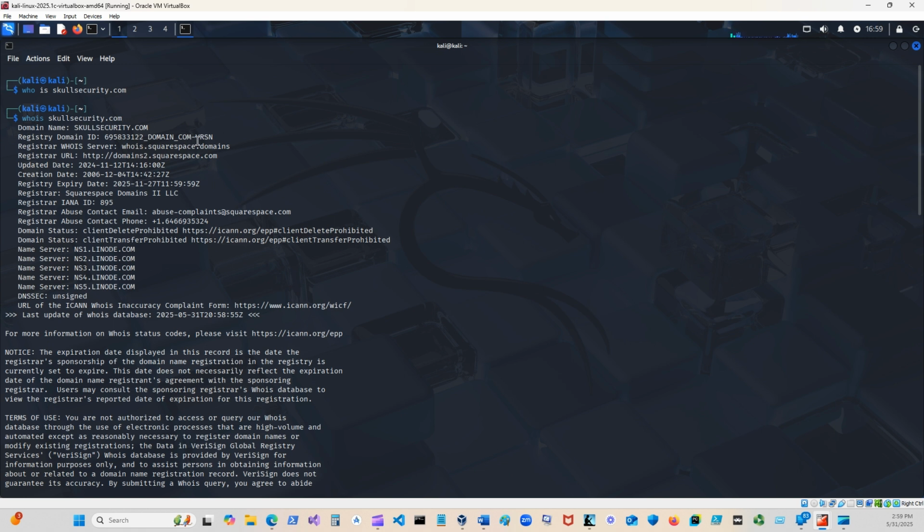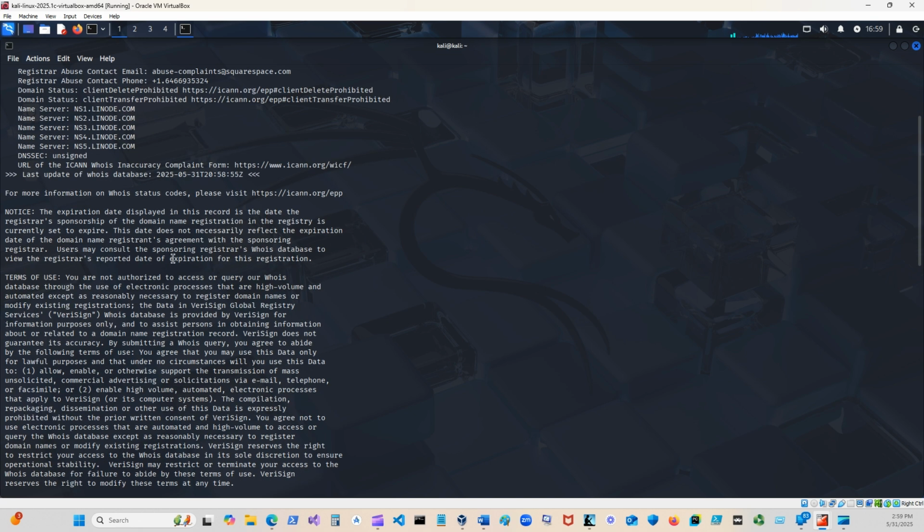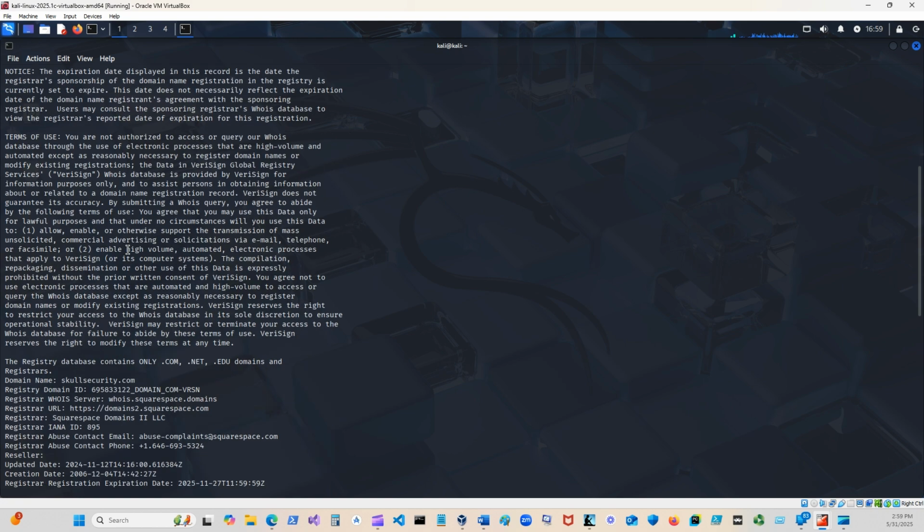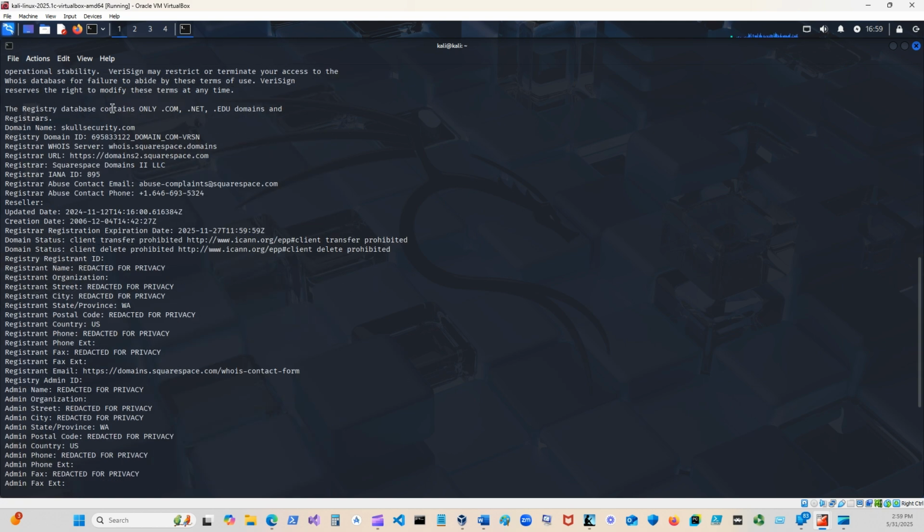Skullsecurity.com, domain name, whois Squarespace Domains. It's created Squarespace. Database only, domain name, whois.